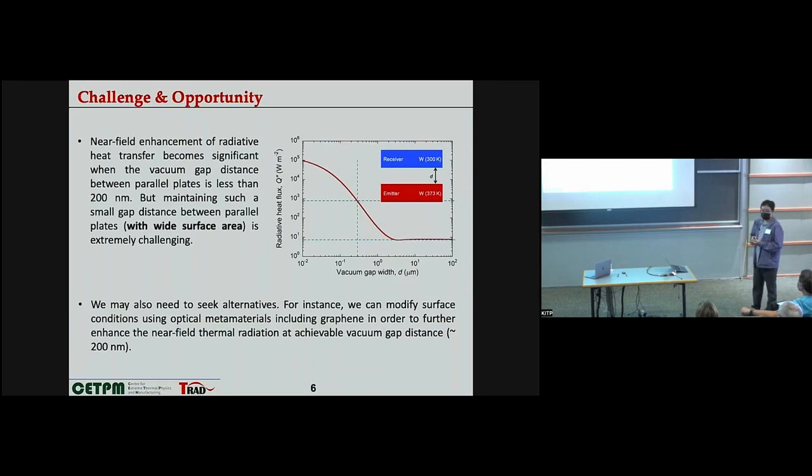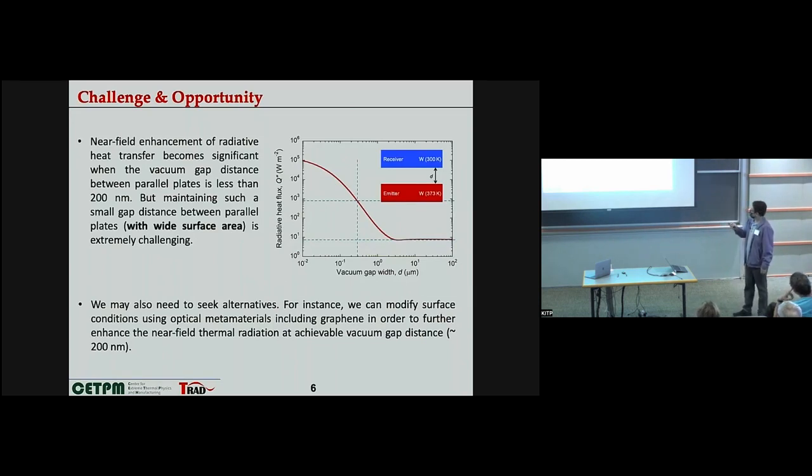So I know there are many people who take the approach of using precise actuators, nano actuators, to maintain the gap distance at the 10 nanometer or 100 nanometer scale. It was possible, but when we think of the devices, we did not want to compromise the surface area, so we take the alternative